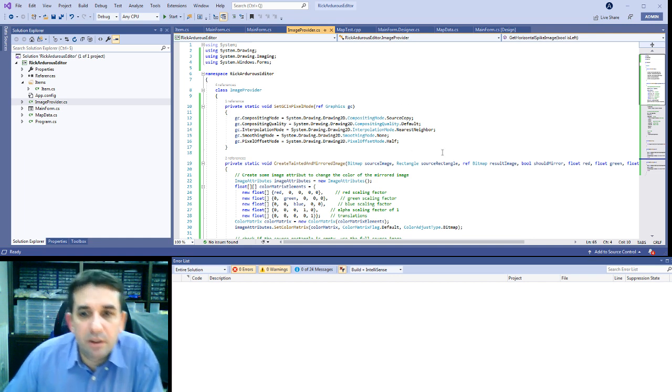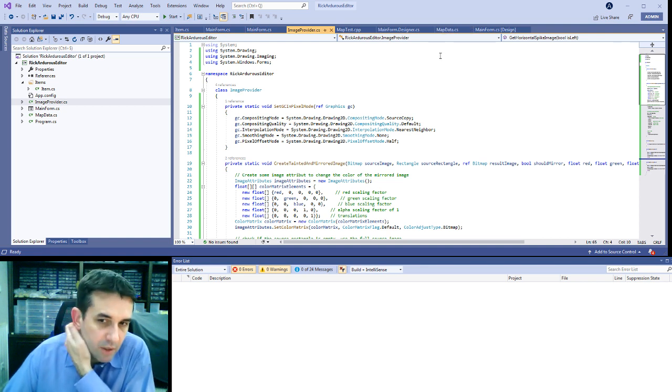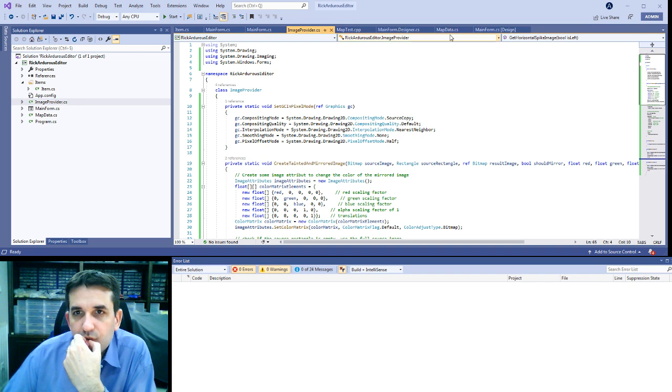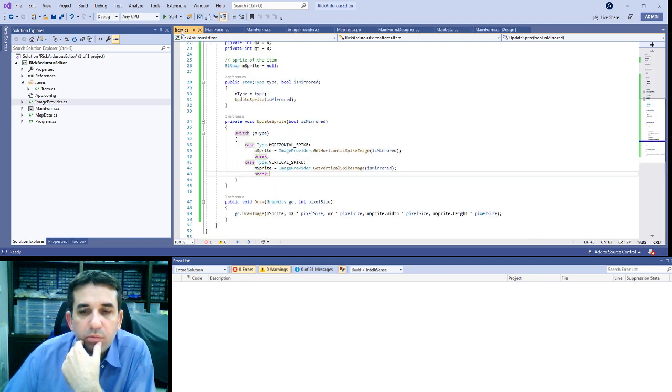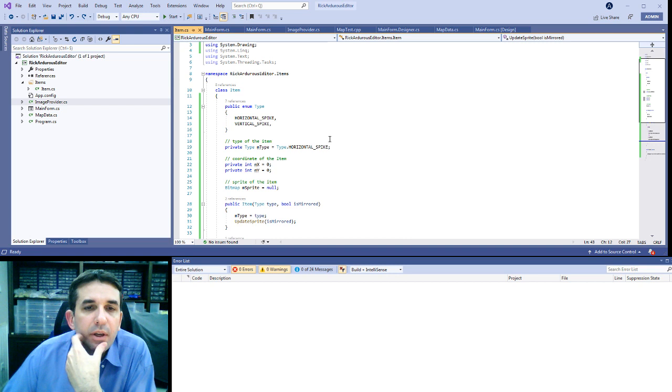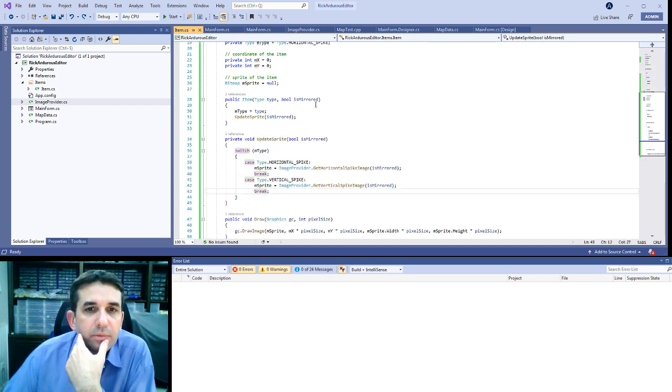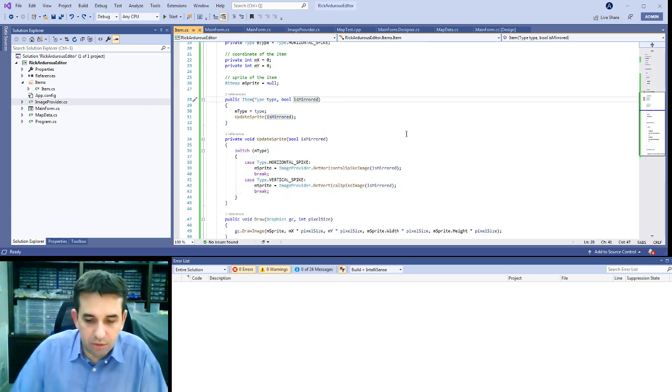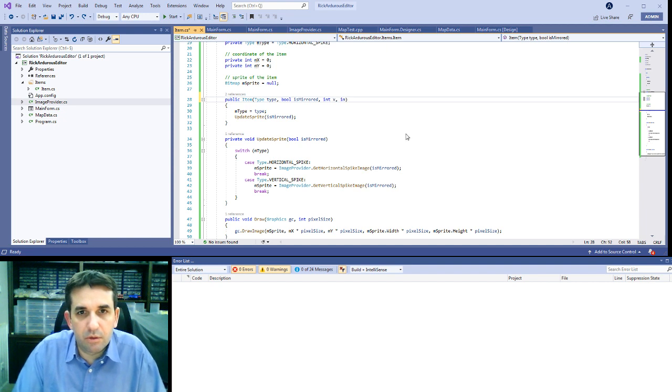We should maybe add X and Y in the constructor. Yeah, I'm thinking right now we may have